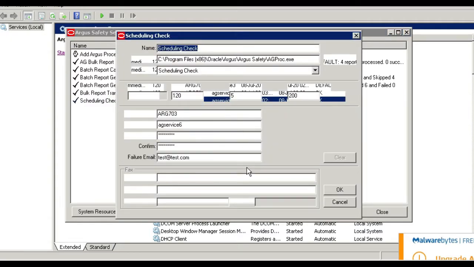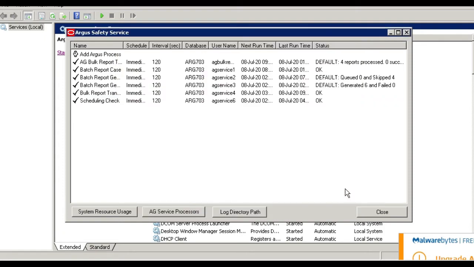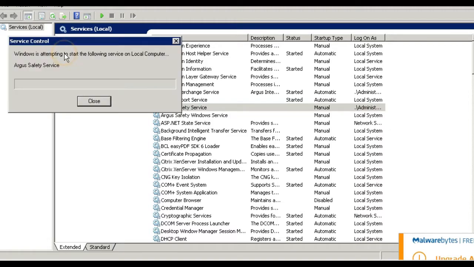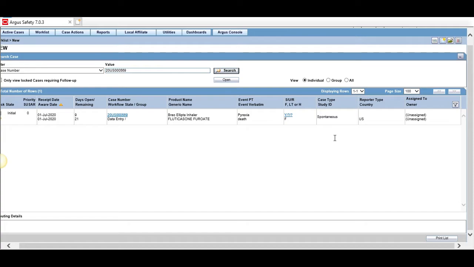This service runs after every 120 seconds. So this is how it is configured. Let's click on OK. Let's minimize this screen, and let me just restart the service. I'm clicking on the start button. So our scheduling check AG service has restarted. Now this is what the previous screen looked like. Now let us click on the search button.